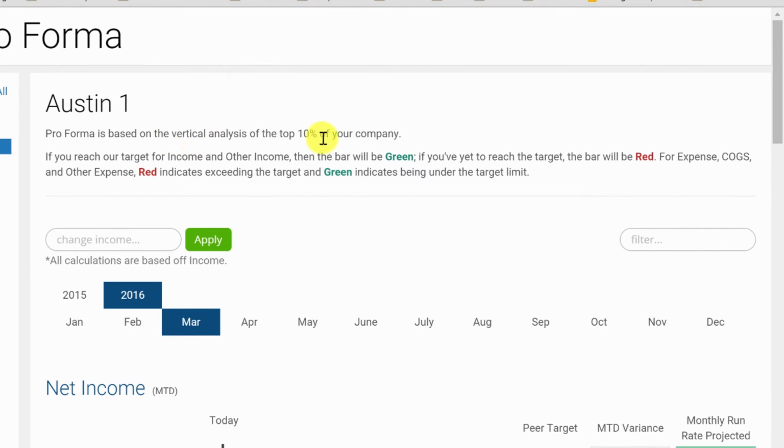It's based on the vertical analysis of the top 10% of our company, or in this case, the industry that we decided to set this up for. Now, I want to make this clear. This is a really good revenue opportunity. If you are specializing in an industry, you can set this up, and your clients will only be able to see themselves, but you can offer them that if they're willing to pay X number of dollars a month, you